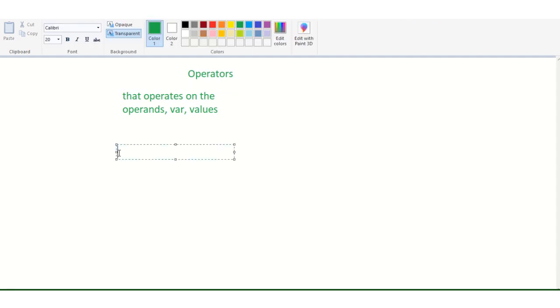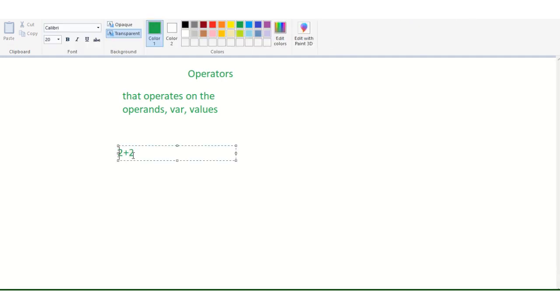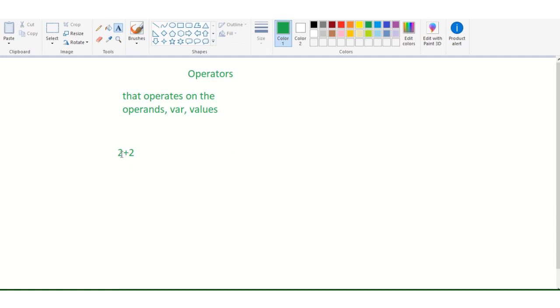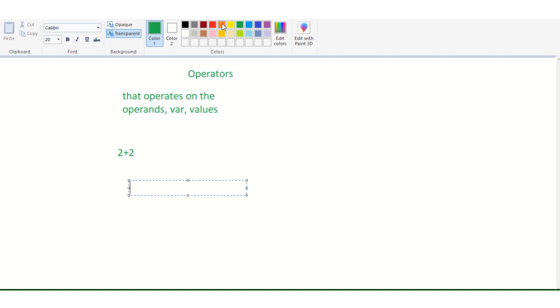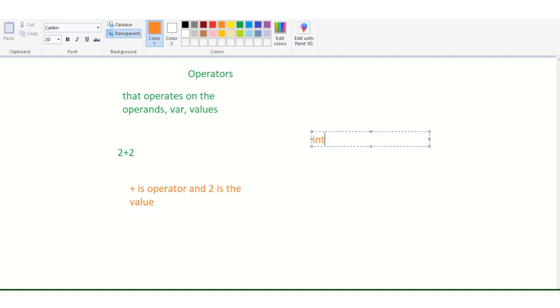So like 2 plus 2, these are the values. Plus is the operator, 2 is the value, 2 is the value, right?